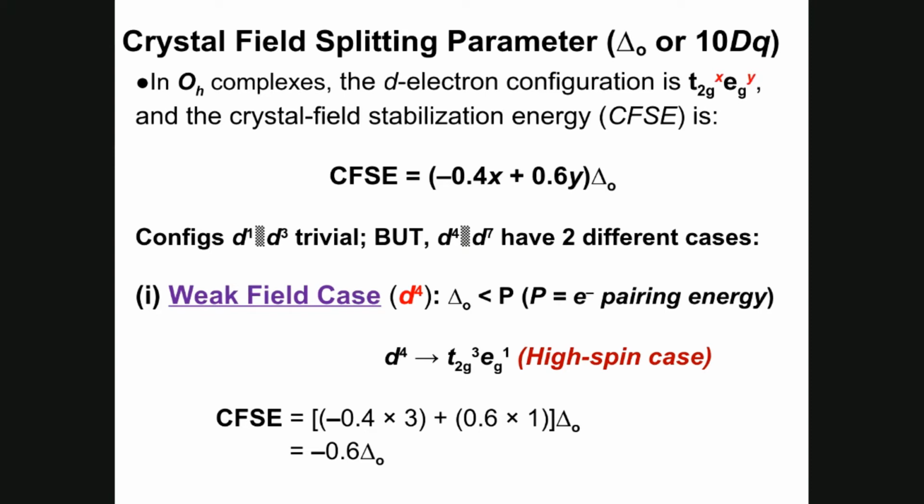If you've got the ms value of a half for each one of them, then you've got a half multiplied by 4, which is the spin state of 2. And that makes the particular compound very paramagnetic because it has got the most unpaired electrons. Consequently, such a compound would be called a high spin compound because there's minimal pairing of electrons, and the electron spin will be a maximum. As a result, such complexes will be attracted by an externally applied magnetic field because they will be magnetic. An electron is a mini bar magnet, if you like,